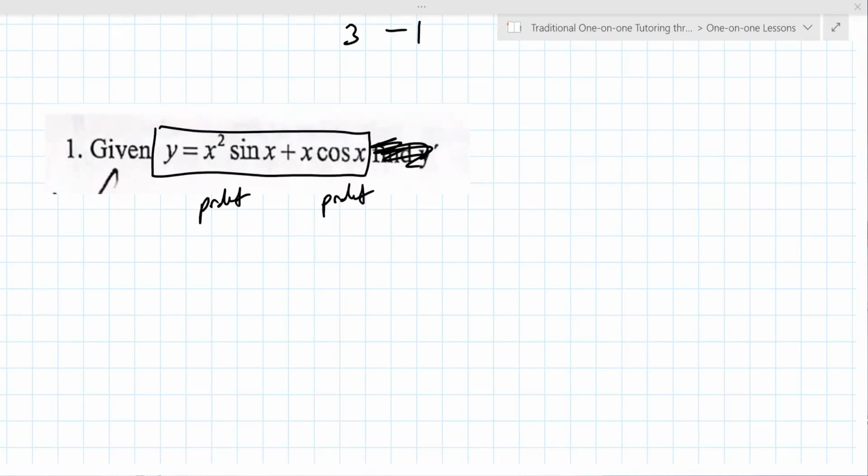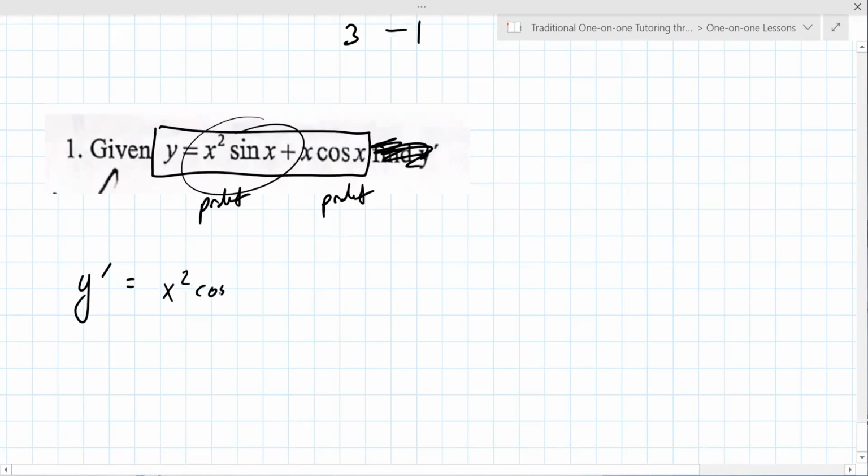Does 2x times sine x become 2 sine x squared? No, nothing goes inside the parentheses. When you do the product rule, can you write it out to make sure I got it right? For the first one, it should be x squared cosine x plus 2x sine x. Okay, got that. Are you ready for the next one? All right, so the next one is